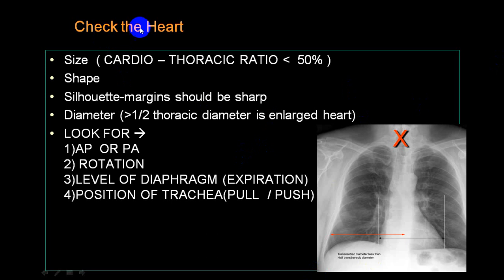Now if I want to see the cardiac size, before looking at the cardiac size and shape, the cardiac silhouette margin should be sharp. I have told you before. In case of any condition of the lung which is producing radio-opacity, and there is a shift of the mediastinum by lung pathology, it will be extremely difficult to identify the cardiothoracic ratio, or what we call the size, and sometimes even the shape of the heart.